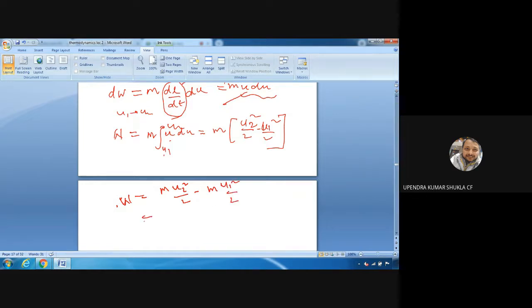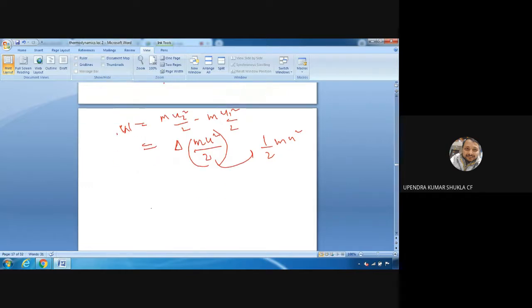इसको हम, ये चेंज है m u स्क्वायर बाई 2 का चेंज है, तो हम डेल्टा करके ऐसे भी लिख सकते हैं, sometime I will write m u square by 2 भी लिख सकते हैं। इनमें चेंज, that is work, means, and this is half m u square। Okay, so लॉर्ड केल्विन ने इंट्रोड्यूस किया था।